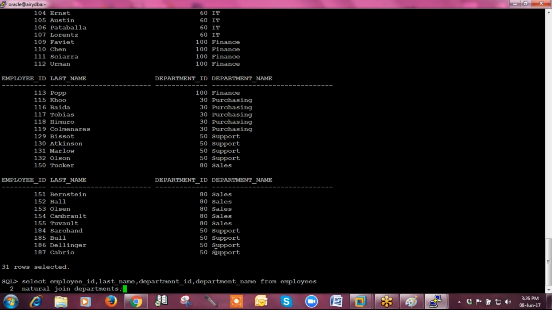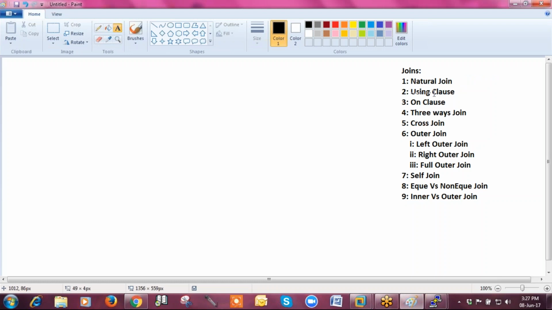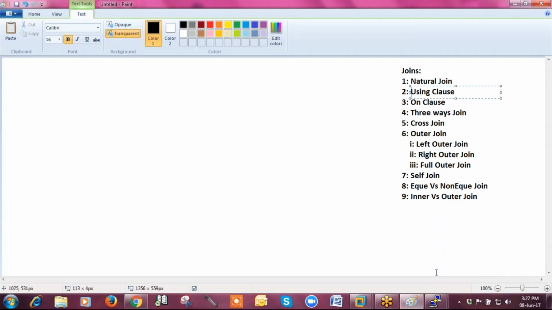And you can see joins always display the matching data. When the 10 column values from one table match the 10 column values of the other table, then only the corresponding matching data will be displayed to you. So to shorten that issue, they have introduced another clause that is called the USING clause.